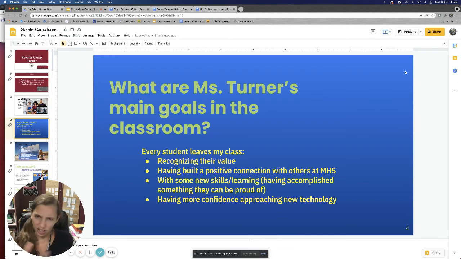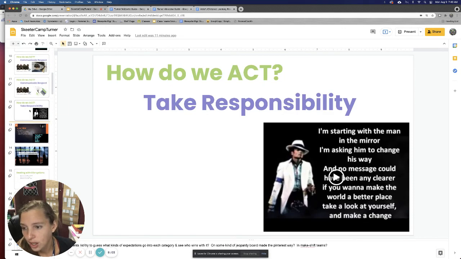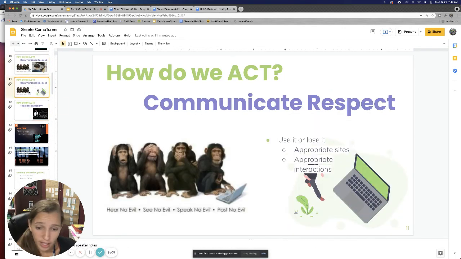So that even technology we didn't learn about in the class is something that they can go up to, take on, and they don't feel so nervous about, I don't know how to use this. What do I do? They have the skills and knowledge to be able to kind of guide themselves in the learning of that equipment. So the rest is stuff that we can learn throughout the year,